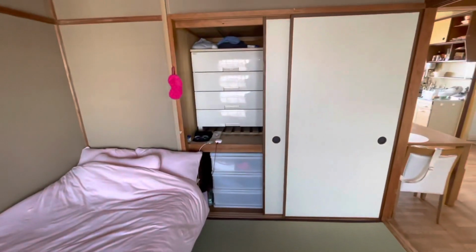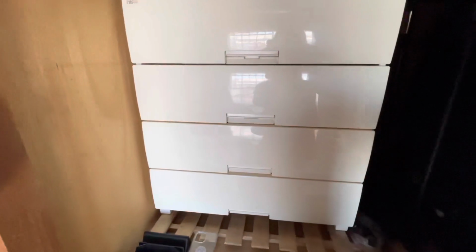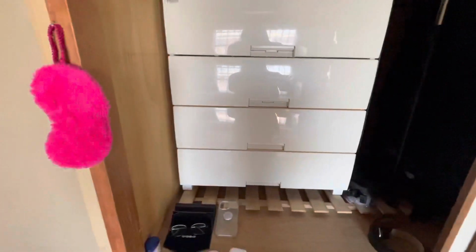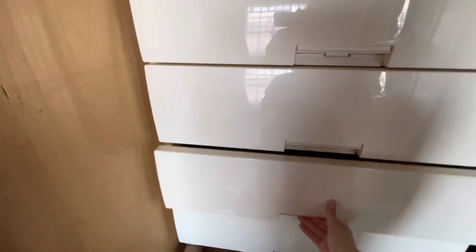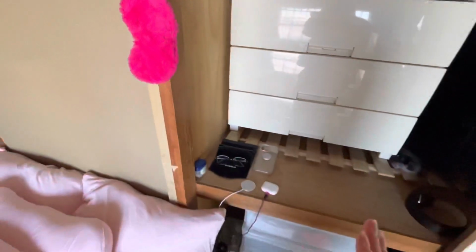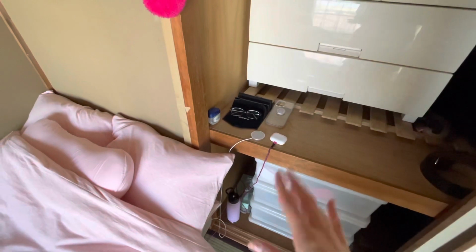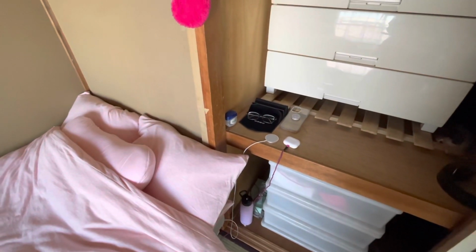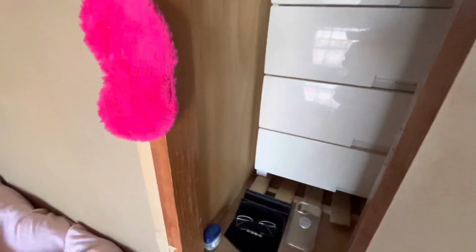And then my closet, I put these dressers in here. They were kind of just out and about, but I put them in here to put clothes in. There's nice dress pants and stuff. And then I also keep my charging stuff and my glasses and my water right here next to my bed, so it's easier to grab. So there's that side, and then on the other side here